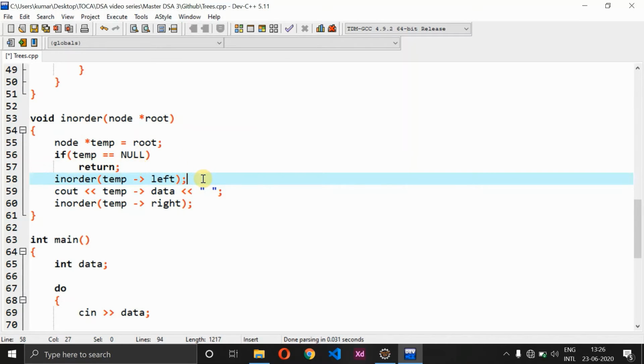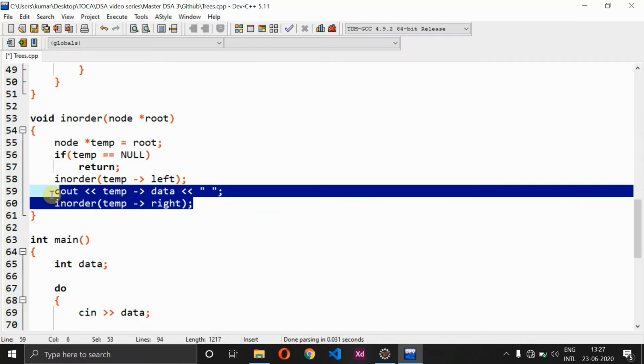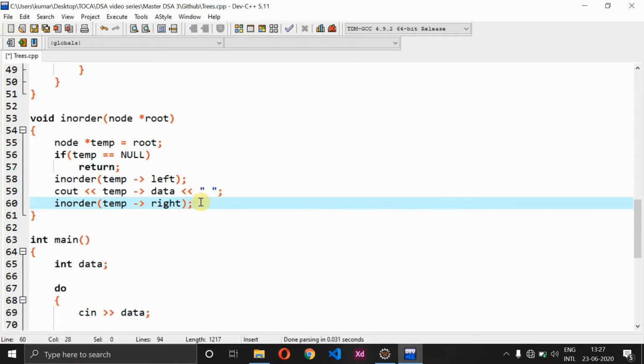So when it is equal to null, I'll return back, and the temp of data will be printed. So the temp of data will be printed over here, and so after printing the data, then I have to print the remaining value, that is going to be the root node. So in order we very well know it should be left, root, and then right. So after this it will again move back with the recursion process, and then it will go back with the right node. So after the root node it will again return null, and it will move back with printing the right node, and it continues till it reaches the end of the loop.